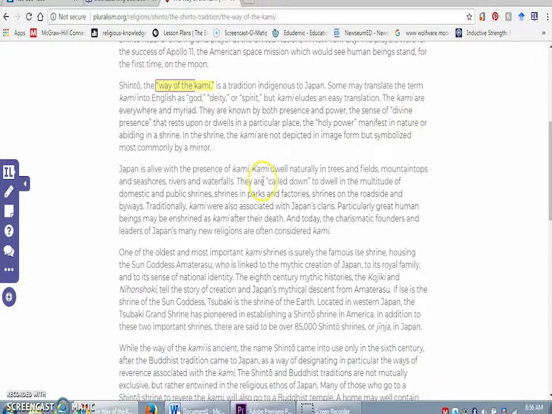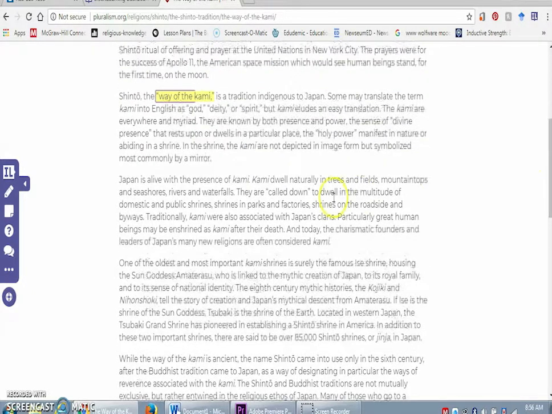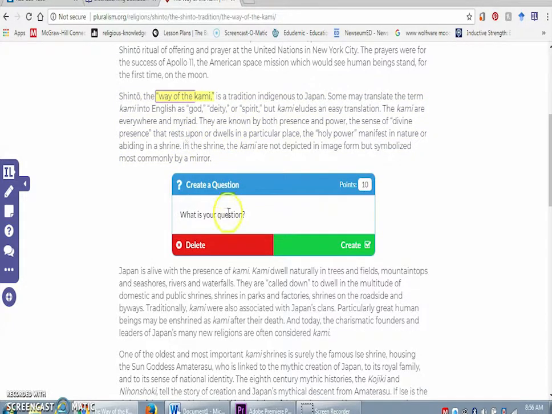So another thing I want to do is I'm going to insert a question. So the way that the question icon works is very similar to how the sticky note works, in that wherever you want the sticky note or the question to go, you're going to click on the paragraph that precedes that space. So I'm going to insert a question, so I'll click on that icon, and it's going to tell me to highlight where I want the question to go. And you'll see as I take my cursor and go over here, it's highlighting. So I want the question to follow this paragraph, so I'm going to click here,